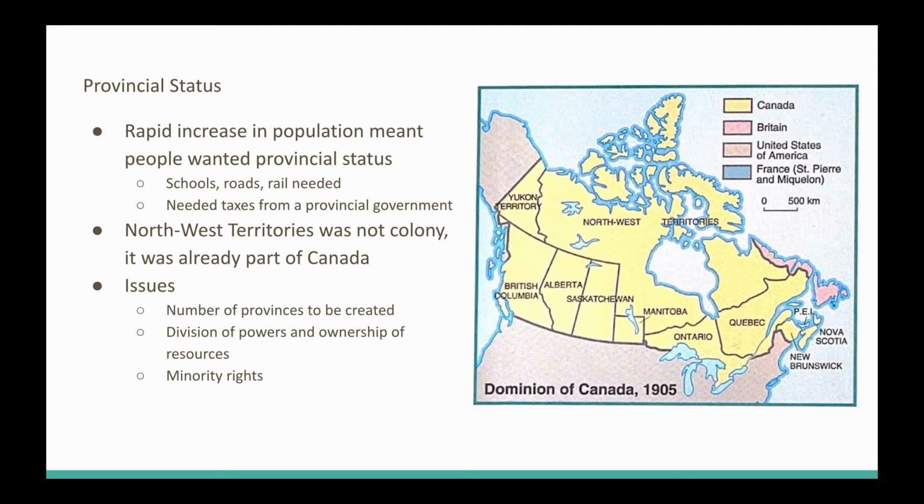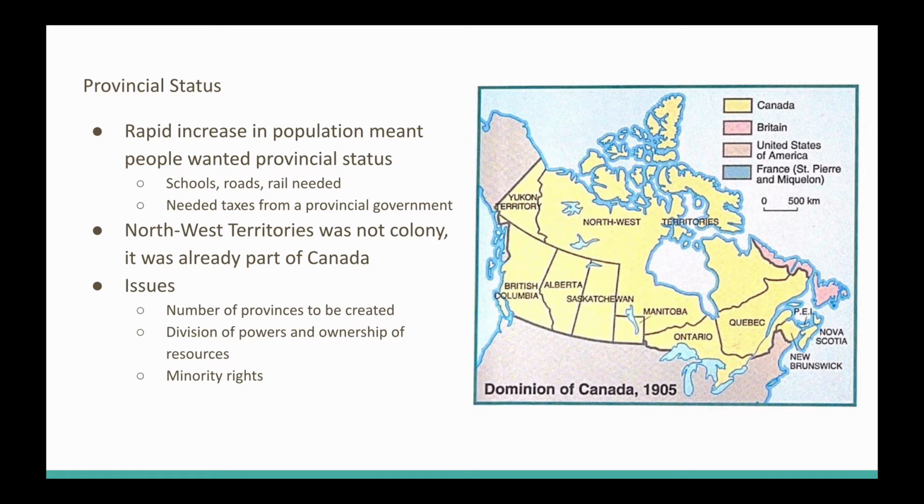And the only way we're going to build these things and get these things is by taxing the population. If we're taxing the population, it needs to be a provincial government matter. So this is something that we are going to work towards. It's already a part of Canada, so it's not like we can use the help of the British, and it's not like we can look towards the United States to become a part of them, because we are already a part of Canada. So we now have to figure out how we are going to do this.